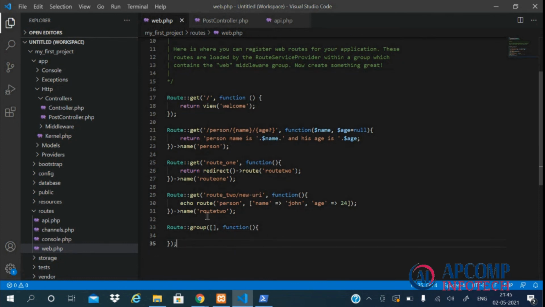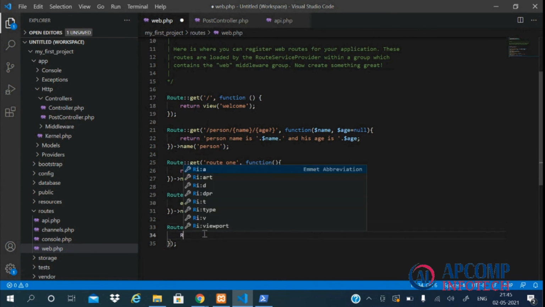Let's take an example of some routes which share the same prefix of admin. So let's add the prefix here and its value admin.